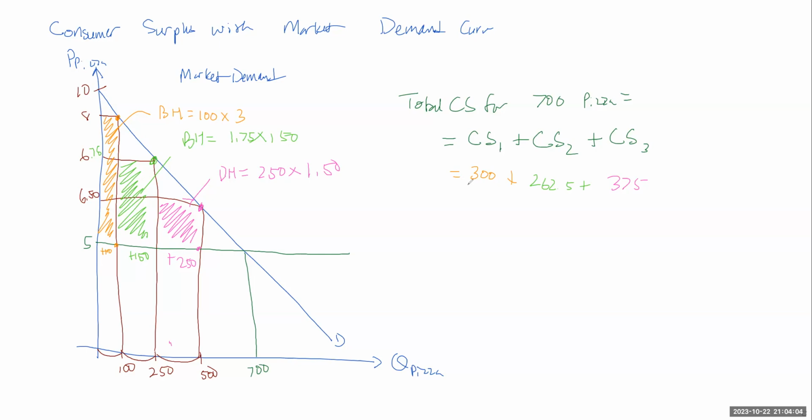So the total consumer surplus for these 4 groups, first group, second group, third group, fourth group, is this number here. You add up these numbers right here. Okay, just like for